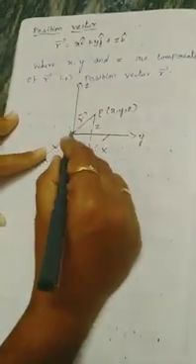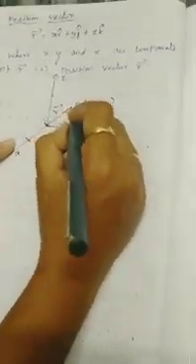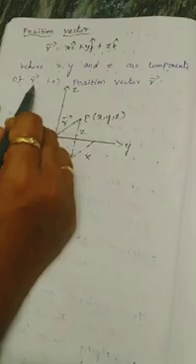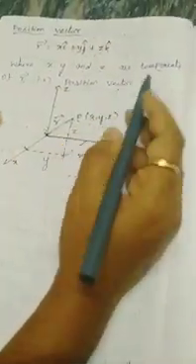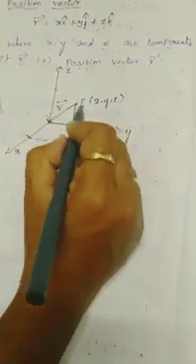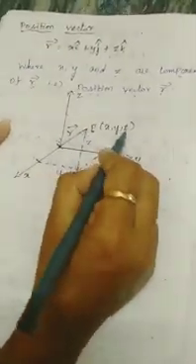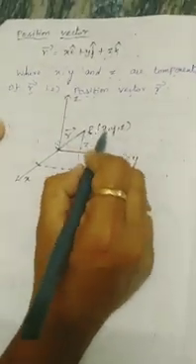Here x is the distance of this axis, y is the distance of this axis, and z is the distance of this axis. So here r vector is equal to x i cap plus y j cap plus z k cap, where x, y and z are components of r vector. So r vector means position vector. So here p is the position vector. So x is the distance of p and y is the distance of p and z is the distance of p, that is p distance of x, p distance of y and p distance of z. This is called the position vector.